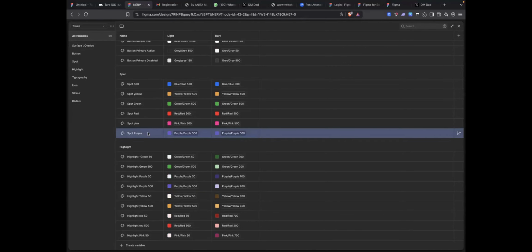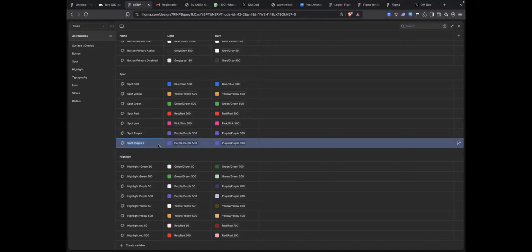If I want to add a color, I just press shift return. So you don't need to stress yourself doing this thing again. I've done it, and I'm using it for all my designs. I don't have to bother doing these design systems again, and that makes my work easy.